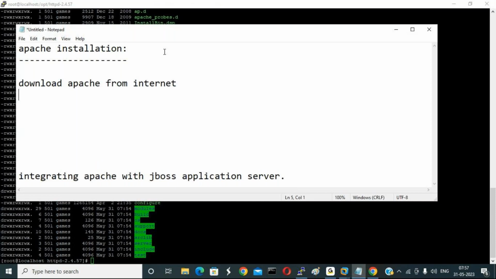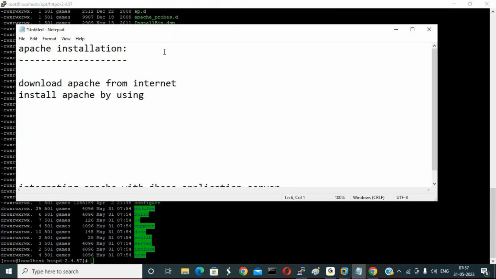Next, install Apache by using tar -xzf httpd-2.4.57.tar.gz. Once it is installed,